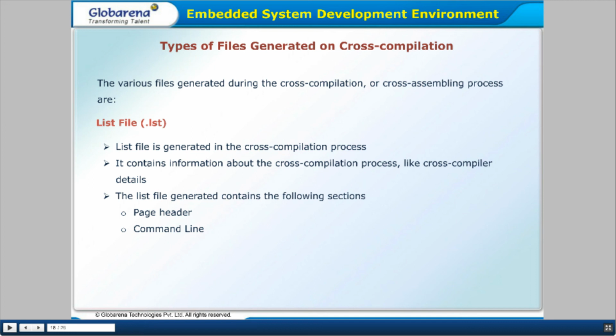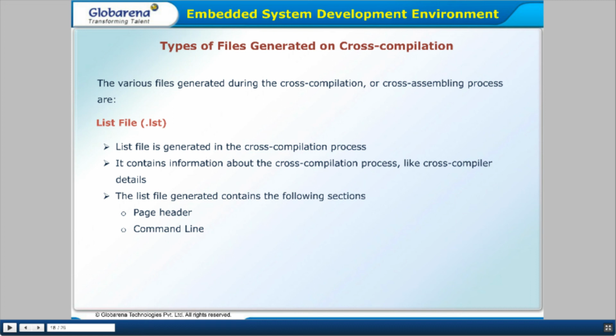The list file, that is .lst. The list file is generated in the cross compilation process.